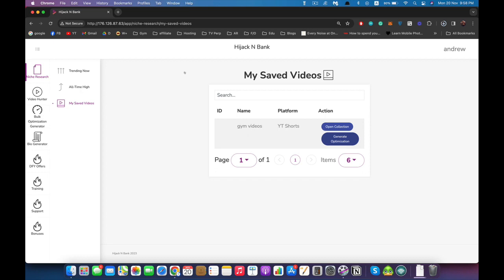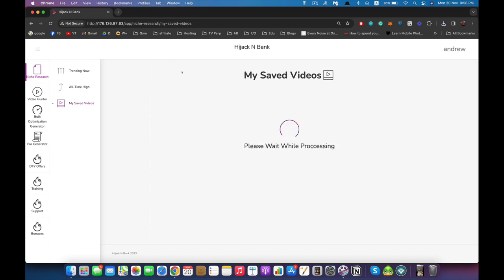And basically what will happen is Hijack and Bank will give us all of the information that we need to use with TikTok, for example, to make sure our video gains virality and traffic. So we are hijacking videos, as you can see, from YouTube, and we're moving them to TikTok. So if you click generate